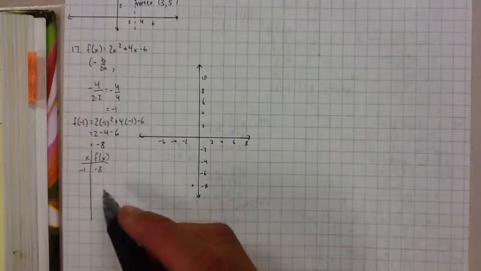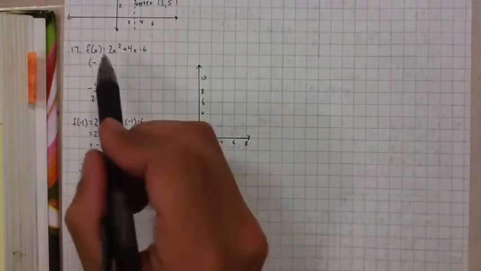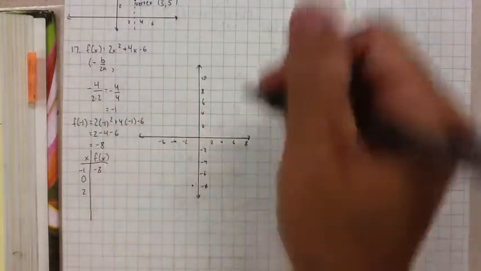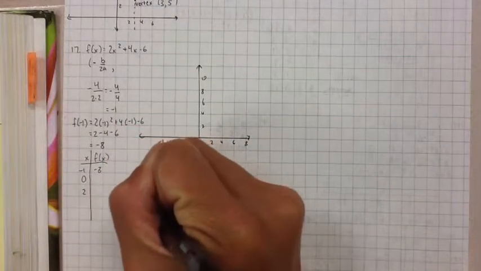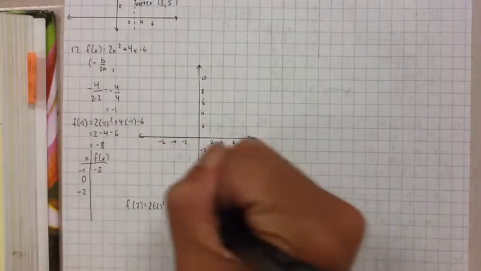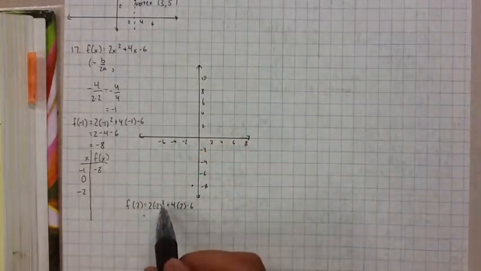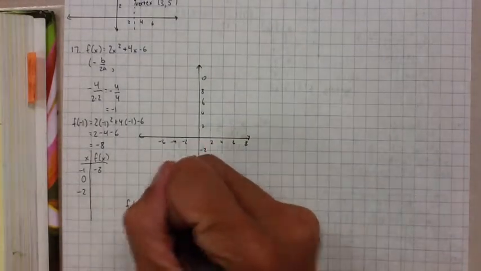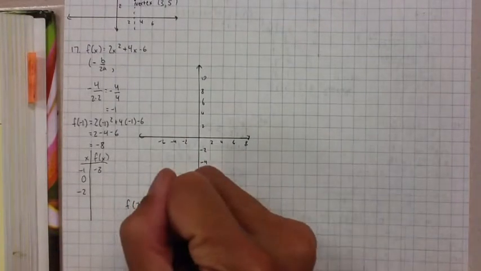Going 1 to the right or 1 to the left will be 0 or 2. If I plug a 2 into this equation, I will get f of 2 equals 2 times 2 squared plus 4 times 2 minus 6. This will be 2 times 4 is 8, plus 8, minus 6. So that'll be 16 minus 6, which will be